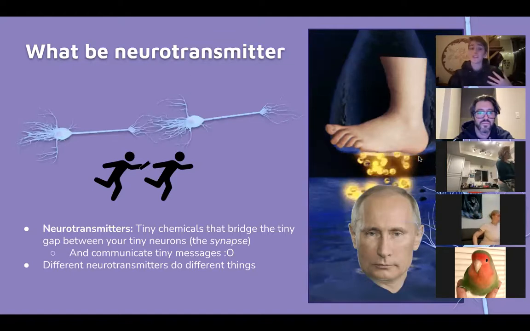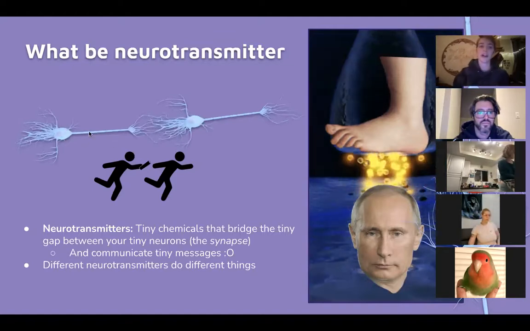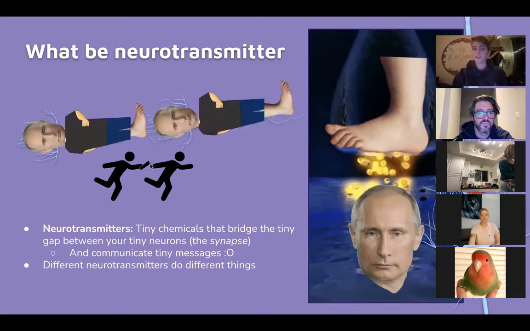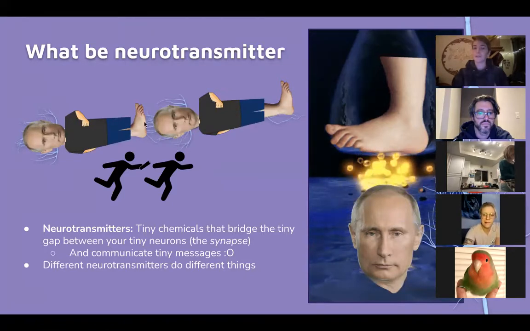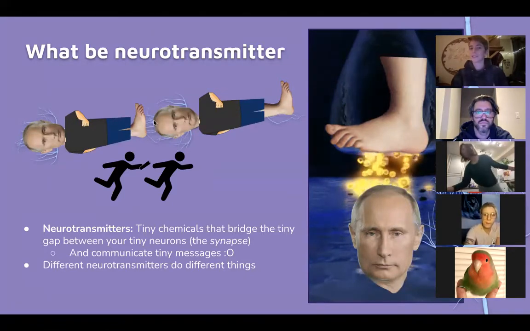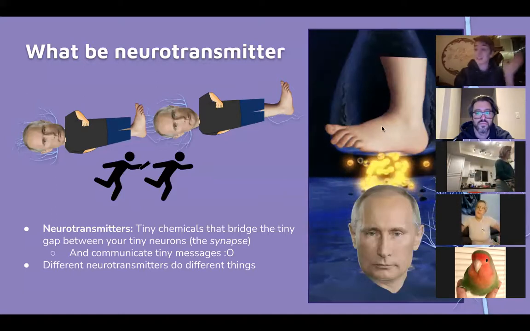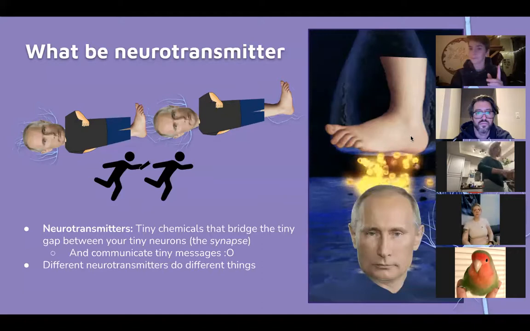So neurotransmitters kind of act like batons in a relay race. You have two neurons next to each other, and you pass the baton between them. The neurotransmitter is the baton. So you have the foot passing down the electricity to the hands, which are not pictured. I probably should have put hands in here, shouldn't I? And then it continues on or not.